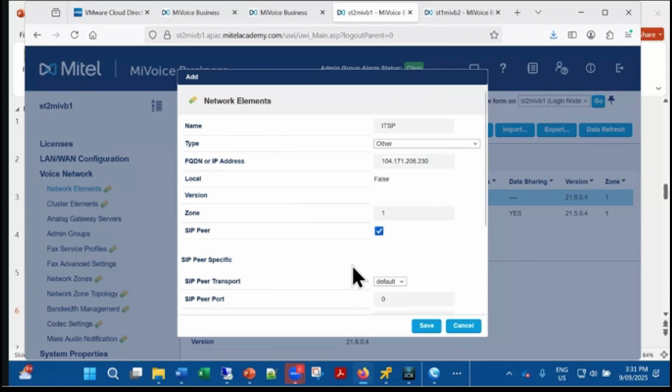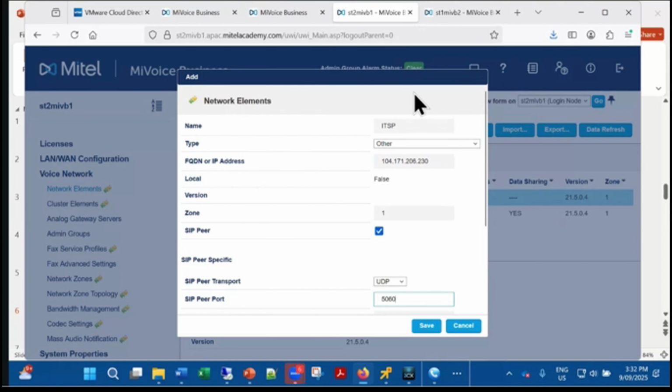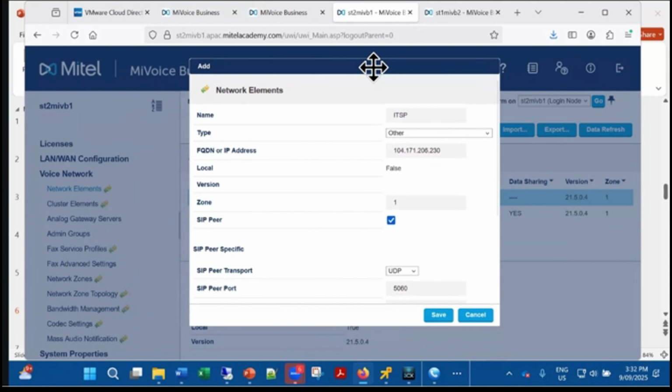And it is SIP, and they told us the transport is UDP, and the standard SIP UDP port is 5060. And you see here your PBXs belong to zone 1. If you read the Mitel documentation, it says a telco zone must be